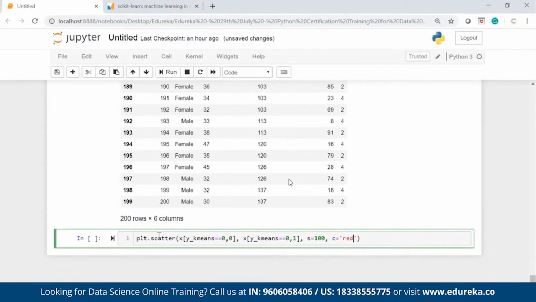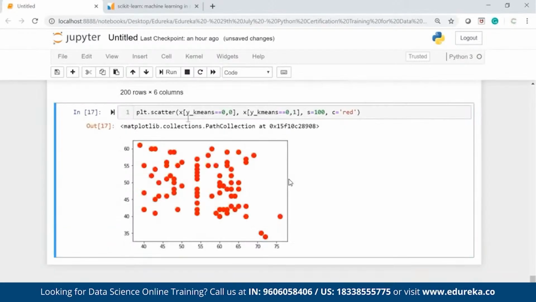Now you see that I have something coming up. X, 0 means column number 1. What is my column number 1? Salary. X, 1 means column number 2, which is spending score. So I have salary and spending score. For what? Cluster number 1. So I'm filtering the cluster number 1 data